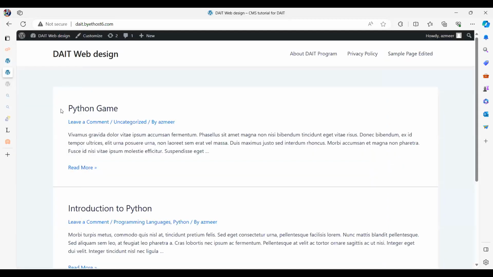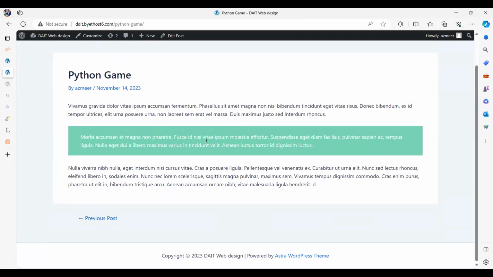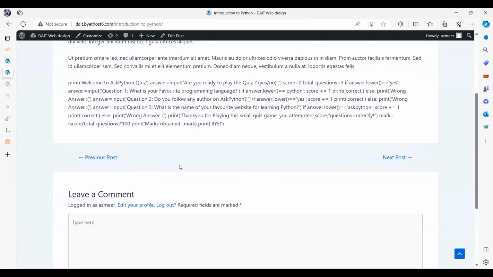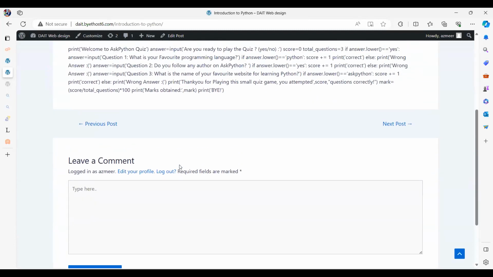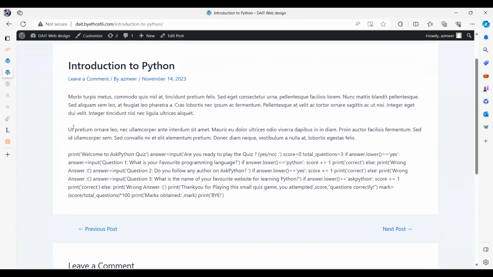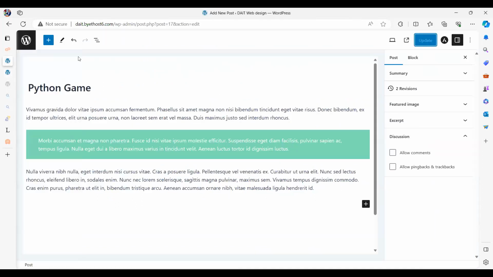And if you go to this article, you will not see a place to put your comment. Because the comment option was turned off here, it is not visible. Previous article, if you go to, there is a comment box on. This one is on. Okay. So that's how the comment box is working.